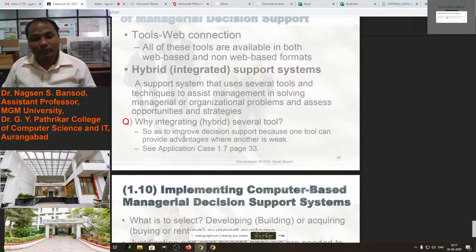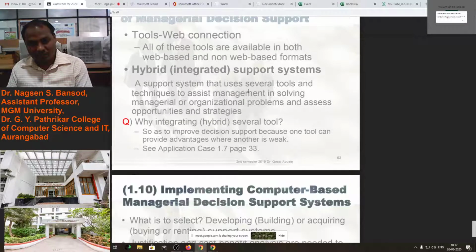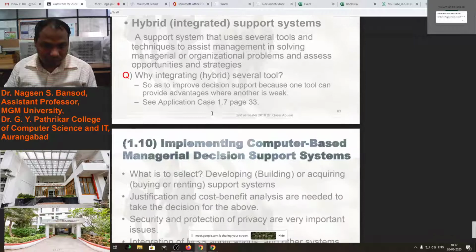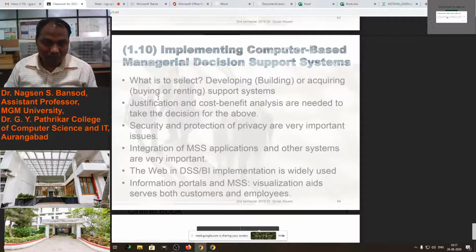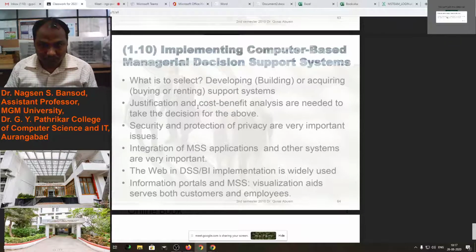So as to improve the decision support, because one tool cannot provide the advantages where another may be weaker. So we have to use that. What is to select? Developing, building, or acquiring, or buying, or renting support system. That is the hybrid tools.